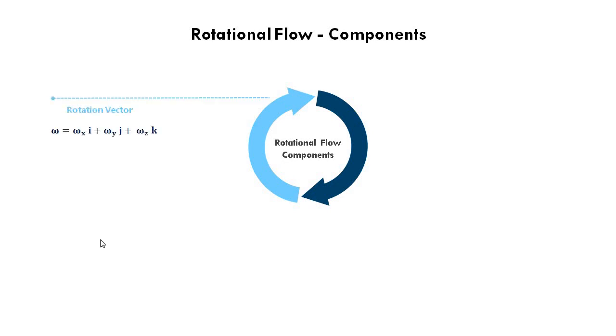Then how to express this rotation vector? As I already told, generally highly viscous flows are termed as rotational flow. Boundary layer flow means flow inside a thin layer of fluid which is adjacent to the solid boundary, where the viscosity components are highly predominant and the flow exhibits high viscous resistance. So flow inside a boundary layer we normally term as a rotational flow.